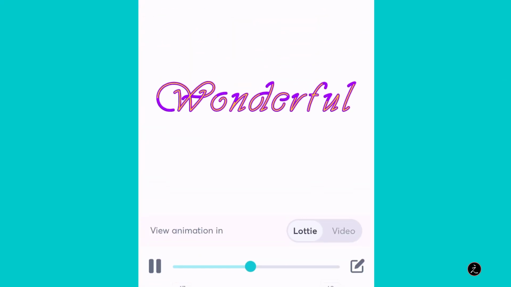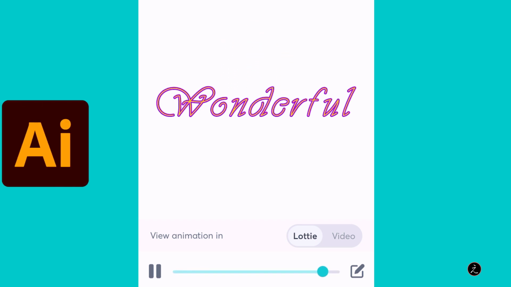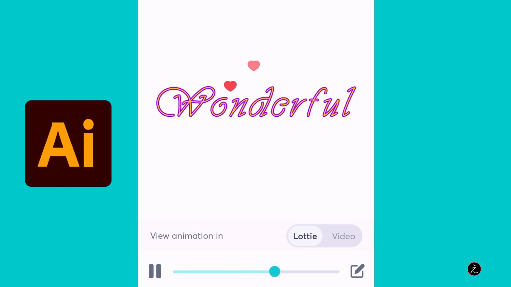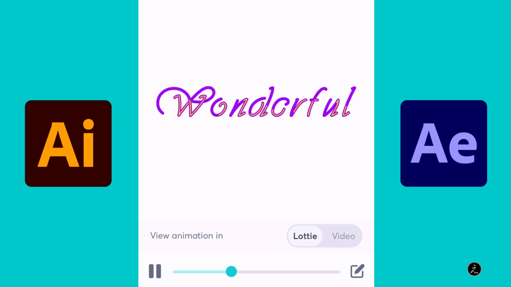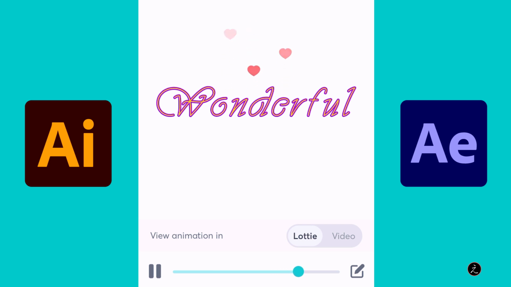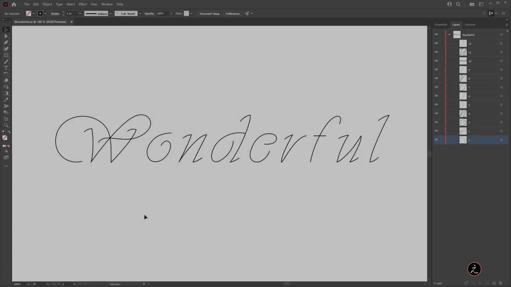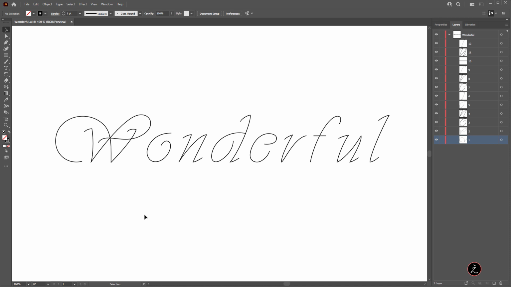For this Lottie Files animation, I will show you how to import multiple paths from Illustrator, create shape layer paths inside After Effects, animate those together with heart shapes, and export all the animation to a fully supported Lottie Files. Up next. So before we start this off inside After Effects, some important recommendations for the paths you will import